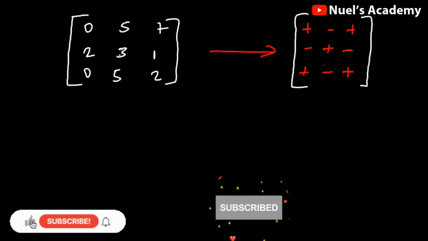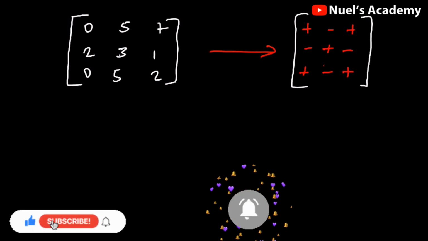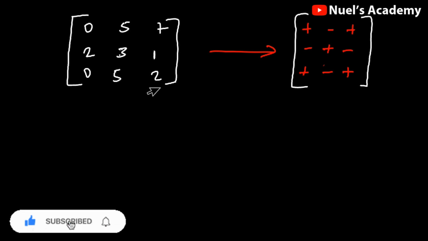In this video, I'm going to show you what your teacher didn't tell you about how to calculate the determinant of a 3x3 matrix. You can actually find the determinant of this 3x3 matrix using any of these rows. You can either use row 1, row 2, row 3, or column 1, column 2, or column 3, provided you